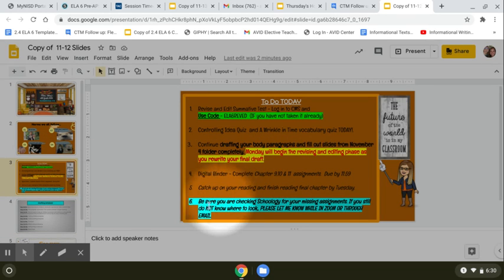Okay, coming back to our instructions. Some of you have inquired and have emailed me about missing assignments. Folks, you need to make sure that you are checking your Schoology. It's in your Schoology that you are able to locate your missing assignments, what you have not turned in. Please let me know if you need help with this. When we are in Zoom, please send me a message in chat, raise your hand, tell me, or you can simply email me if you're not too sure or if you still don't know where to look. So it is really important that you are checking your Schoology for any missing assignments. If you've been absent, if you've been out sick for whatever reason, just go in Schoology. If you don't know, please let me know.